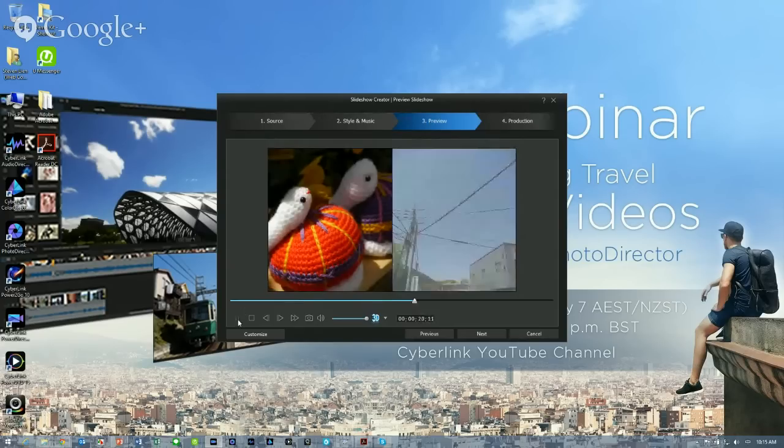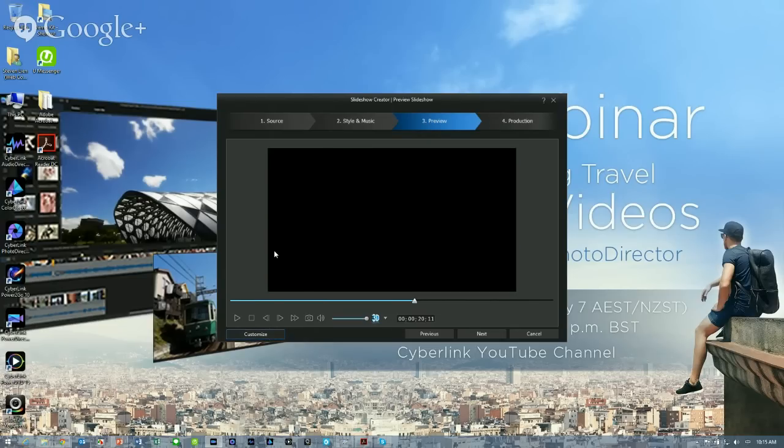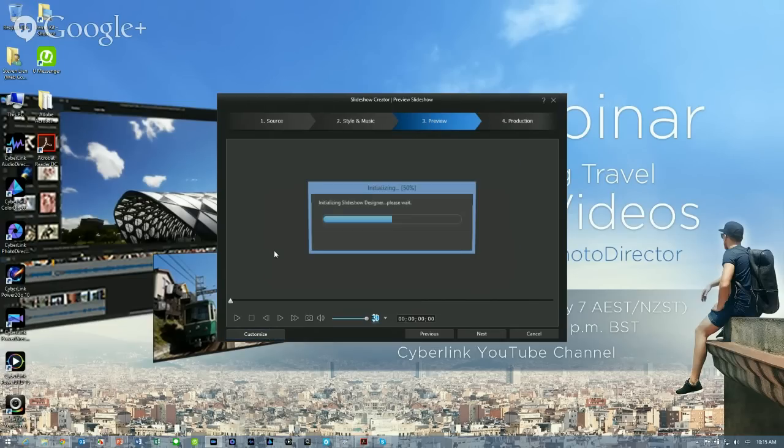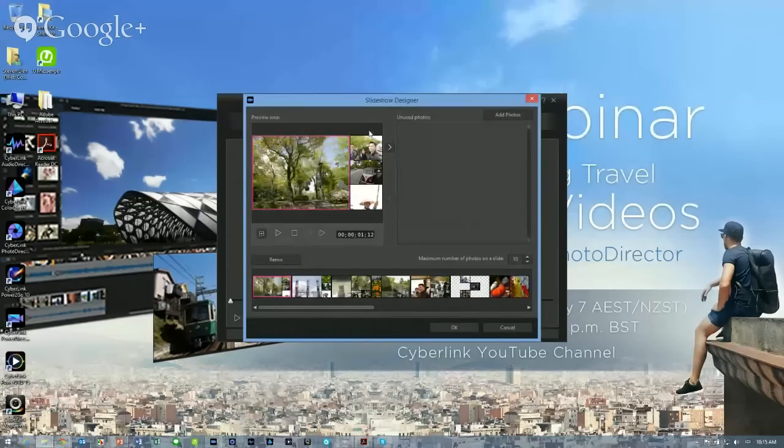And then, of course, we don't stop here, because we know that you want to have full control. You want to have flexibility over the slideshow you're going to create. So we have a customize button at the bottom right here. Let's click on that and see what kind of options we have. Basically, in this customize window, you get the option to really have full control over how your slideshow will be played out